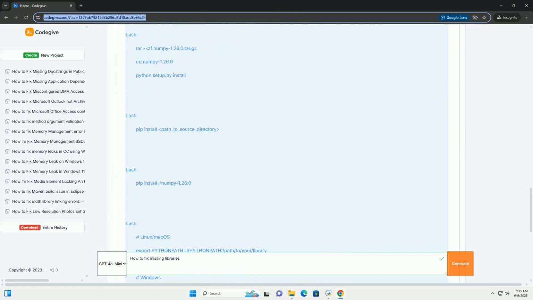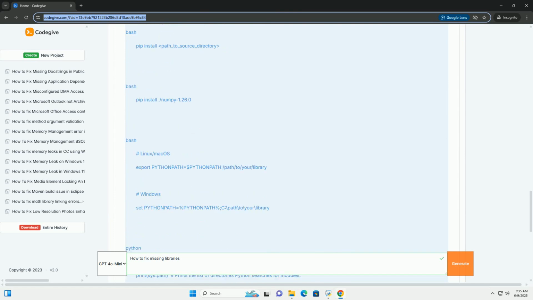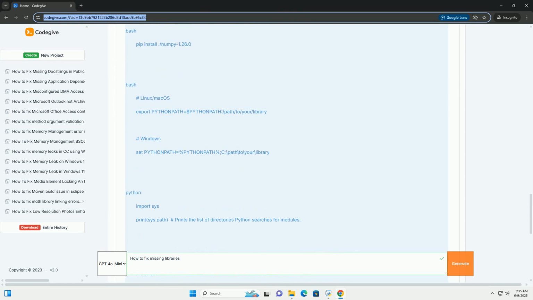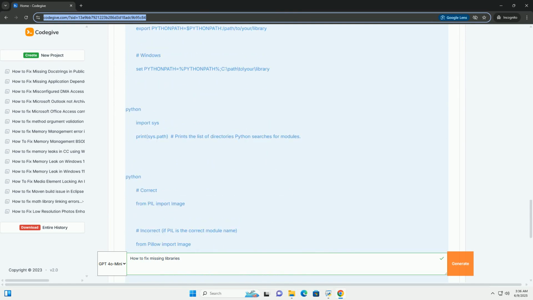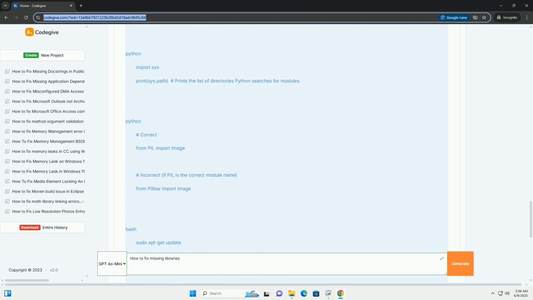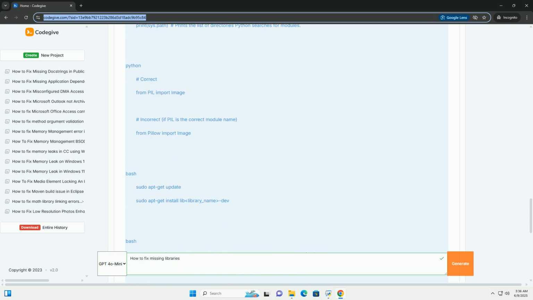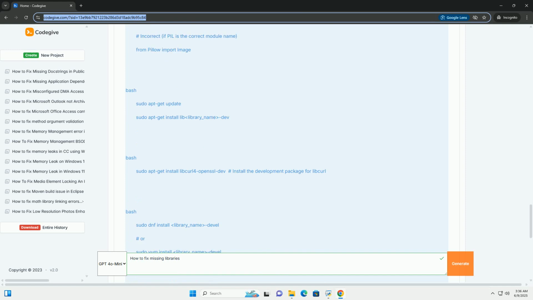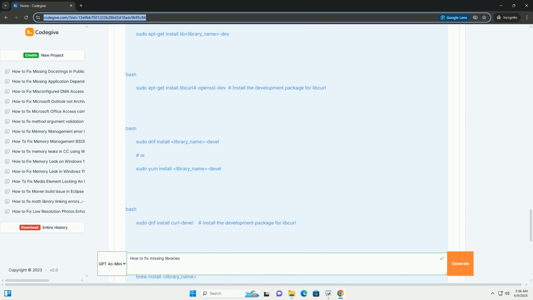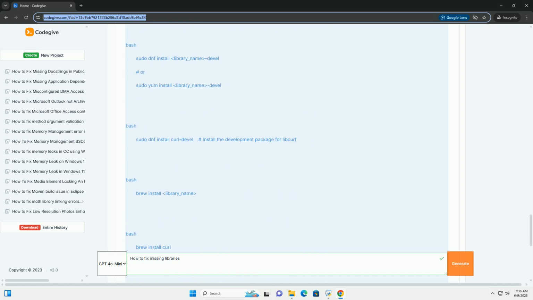What are libraries? At their core, libraries are collections of pre-written code, functions, classes, data structures, etc., that extend the capabilities of a programming language. Instead of writing everything from scratch, developers can leverage these